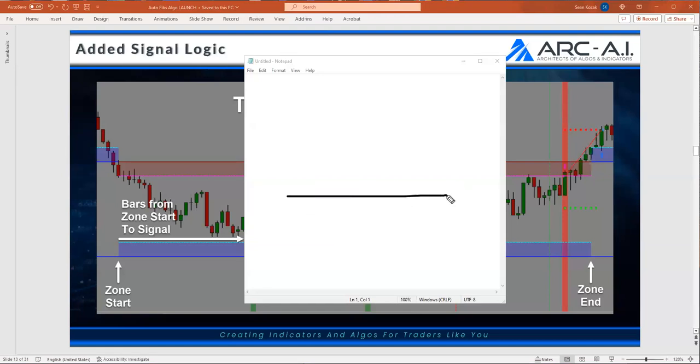Let's say you've got a level of support. How many times do you see it come down and bounce, and come down and bounce again? You don't want to be taking 100 trades off a level just because it's bouncing off of it. You may only want to take the first and the second trade, but not the third. You're just not wanting to take multiple entry points off the same level.